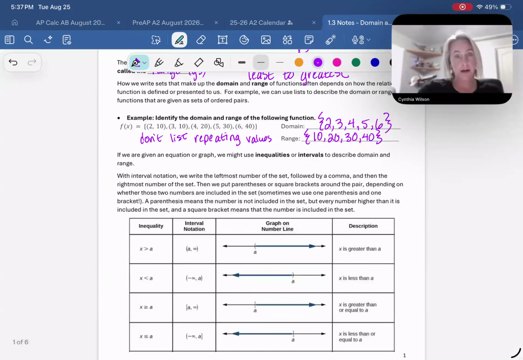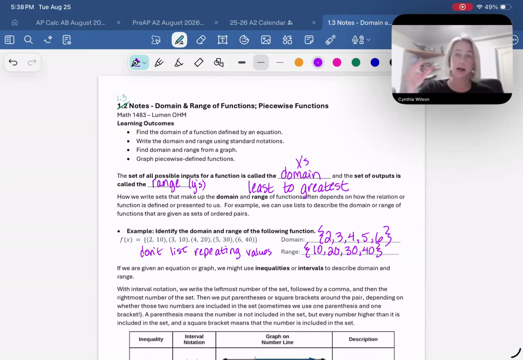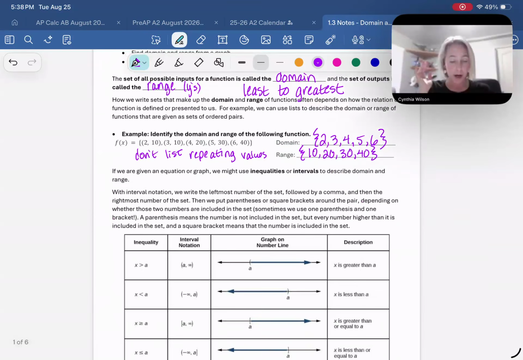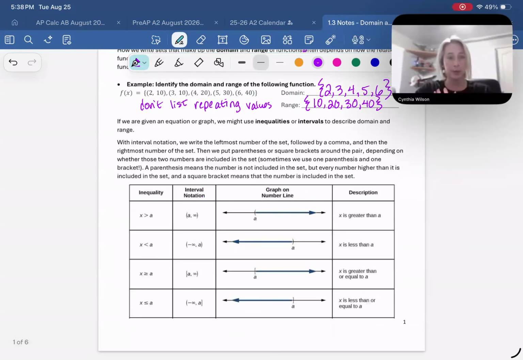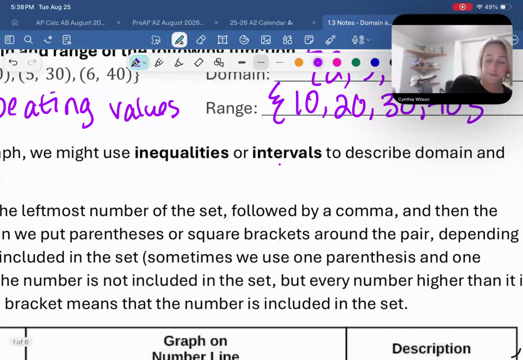Okay, there's a lot of information coming up. These two charts on these pages, if you don't already have them printed out, I don't want you to spend a whole lot of time trying to draw it out. You can go back and find it in Blackboard. These give literally every type of example possible for what's called inequality notation. The other type of example is called interval notation. So intervals,